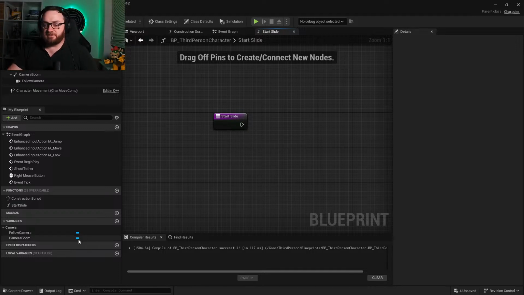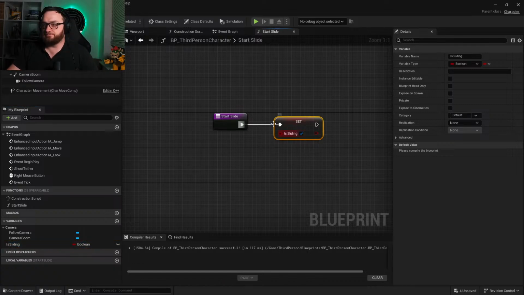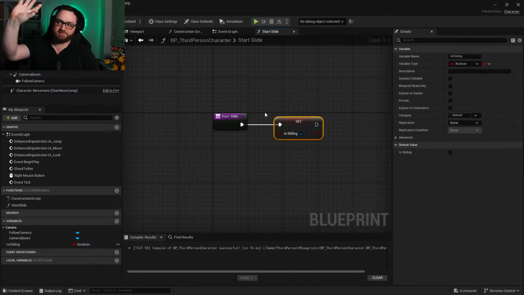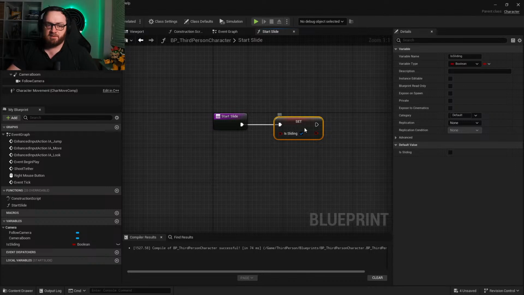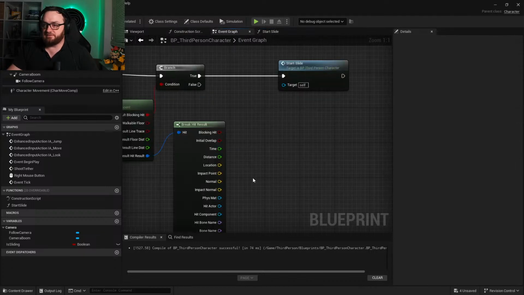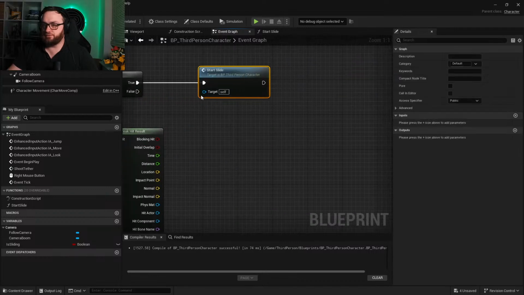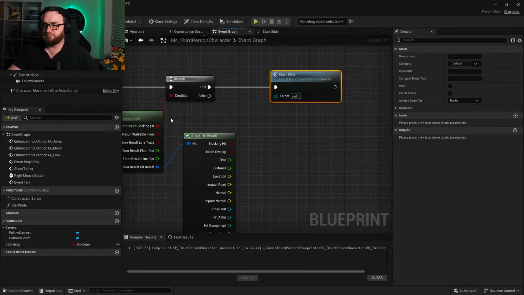So start slide, we'll make a boolean saying it's sliding, and set that to true. Because I'm putting the tick event a way to turn our character to always slide on their bum down. Things like that. Yeah, so it's sliding, comes down like that. And then I want to go to the tick event, and on the true there,